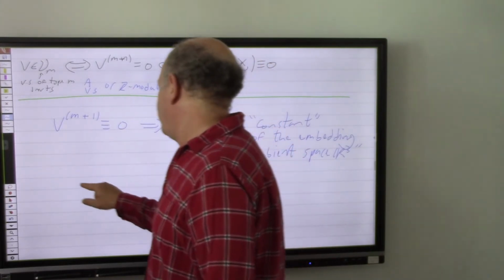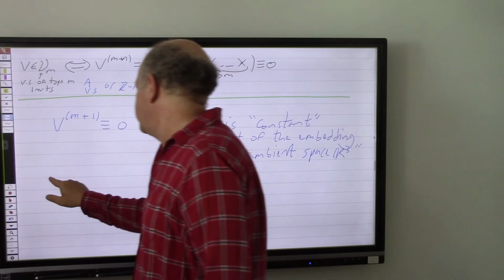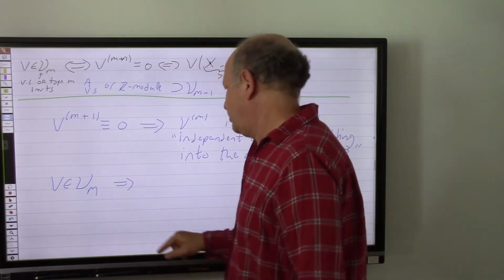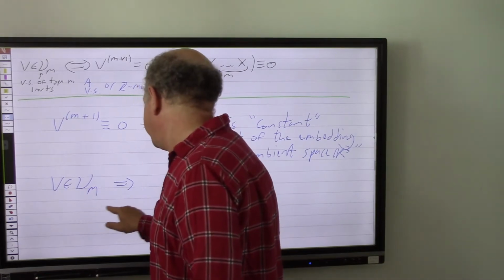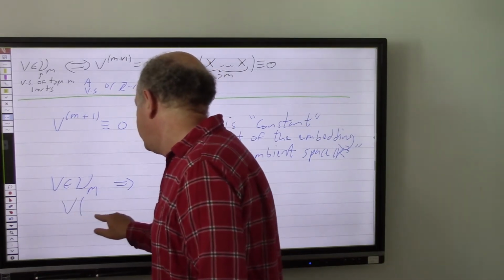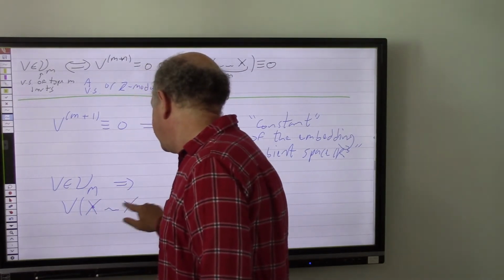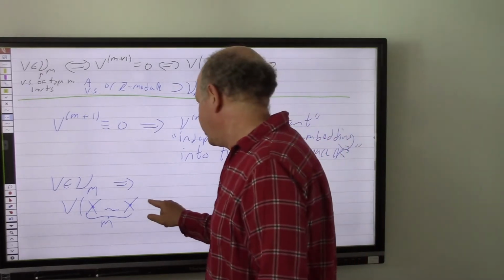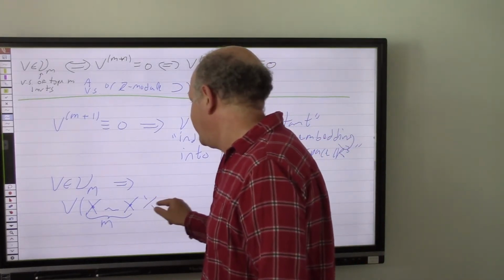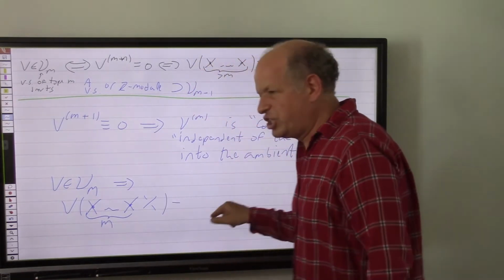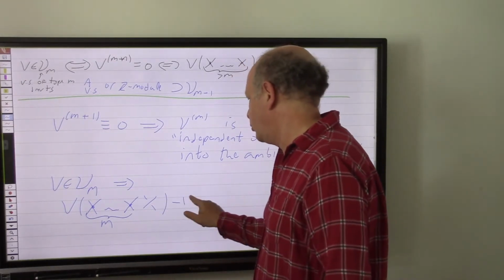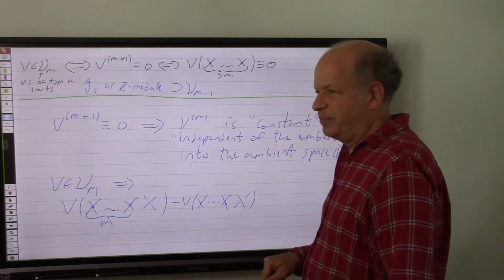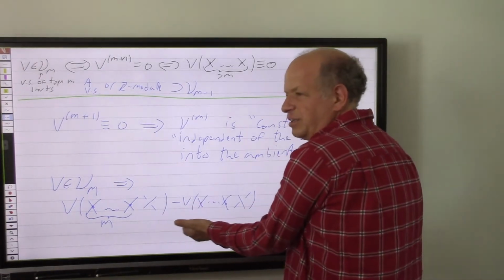So you see, what I want to assert is that suppose V is of type M. I claim that it means that if you evaluate V on a knot that has precisely M double points, then the output no longer depends on the topology. Namely, if there is somewhere an additional crossing and you switch its sense, so you replace an overcrossing with an undercrossing, I claim that the answer does